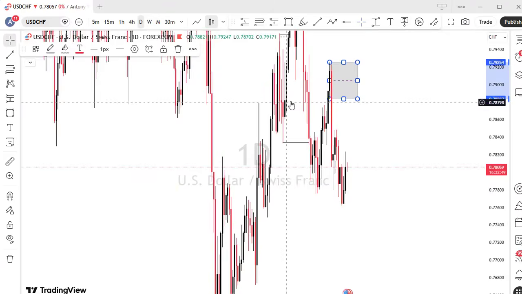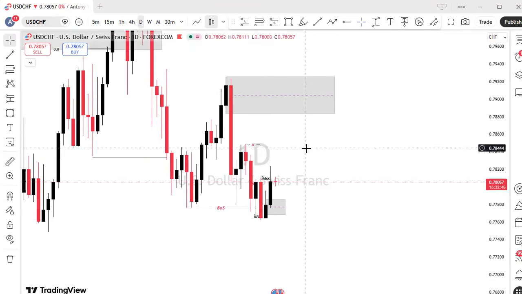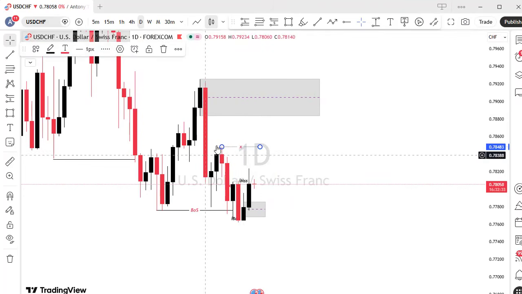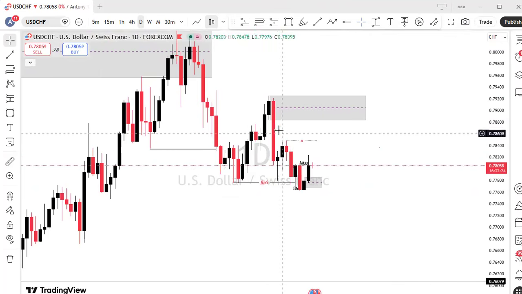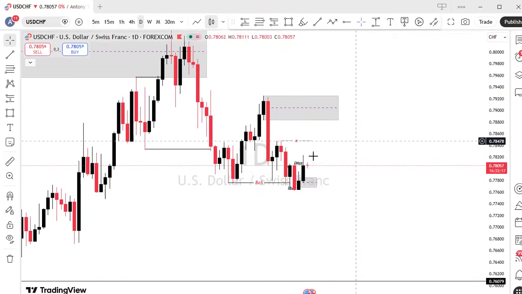And I think I marked this order block from daily. If you look at the daily time frame, we have a very good order block there. You can see also we have this valid break of structure because we swept this internal liquidity before pushing to give us this break. So this becomes my minor inducement. I'm expecting the market to come and sweep this liquidity, and then after we sweep that liquidity, I'll start looking for my selling opportunities around that area because we have a very big fair value gap and a very good daily order block that is resting